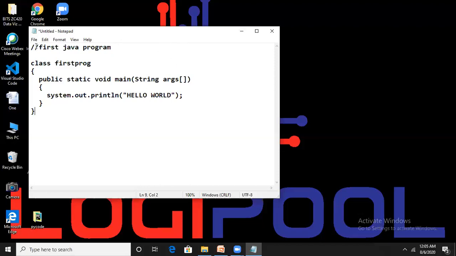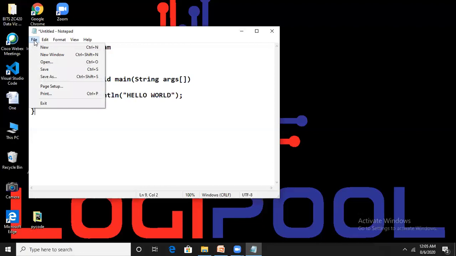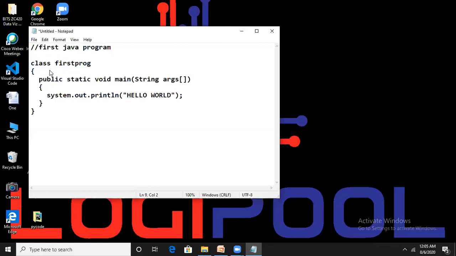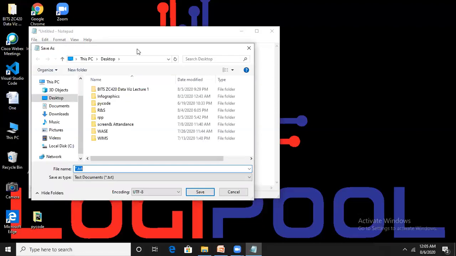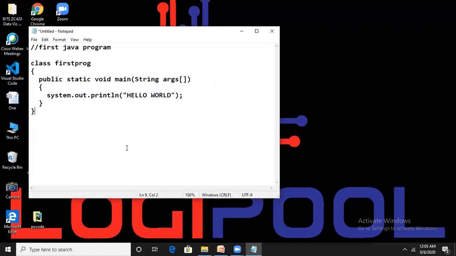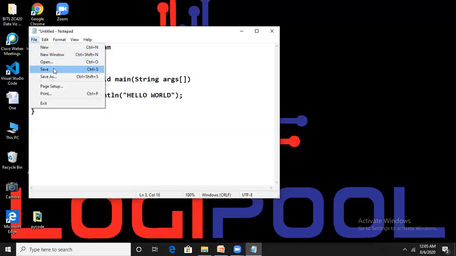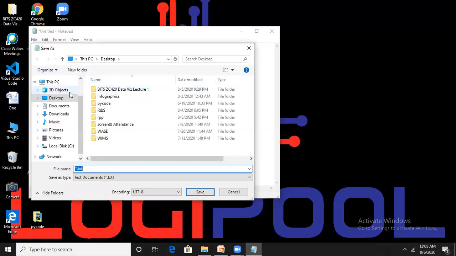Then step number 2, save it with a proper name. For saving, copy this class name with Control C, then File, Save. On your local file system, anywhere, create a new folder called Java code, or you can give any name.